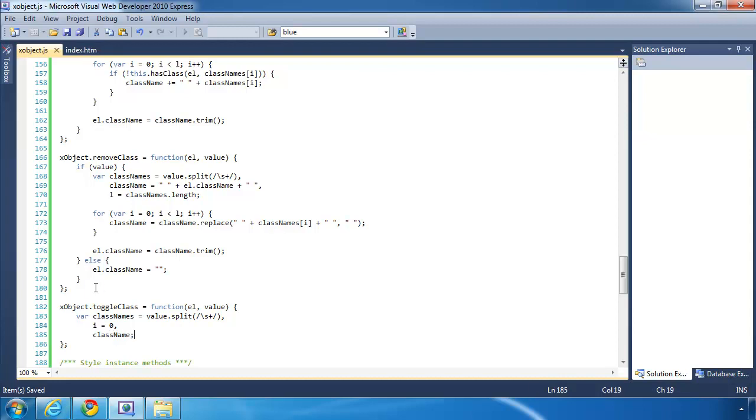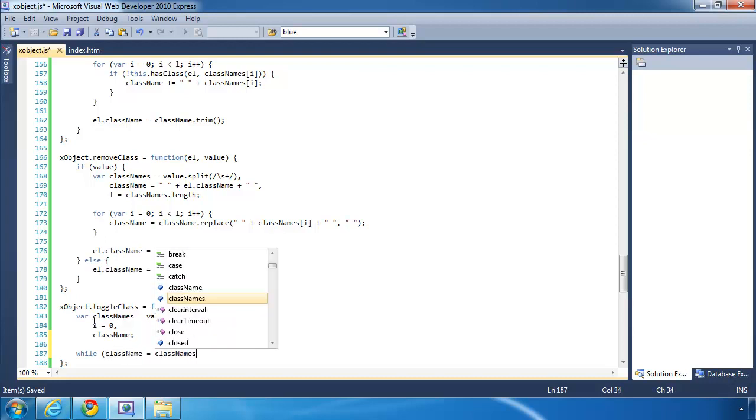Now the reason we are using a while loop here is because it's a little cleaner as far as what we want to do, and that is assign each element of the classNames array to the className variable. We could do that with a for loop, but it's a lot more elegant with a while loop. So className equals classNames, and then we pass in our counter. We will increment it,